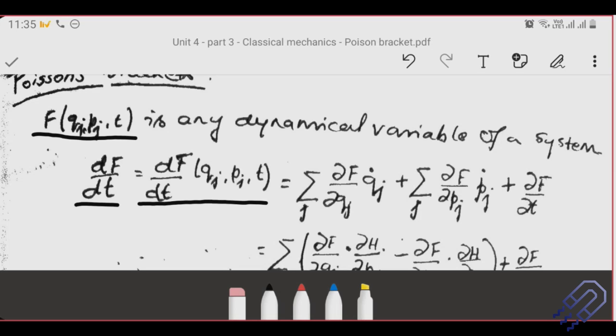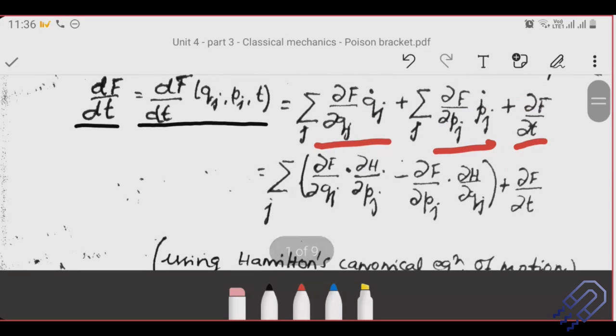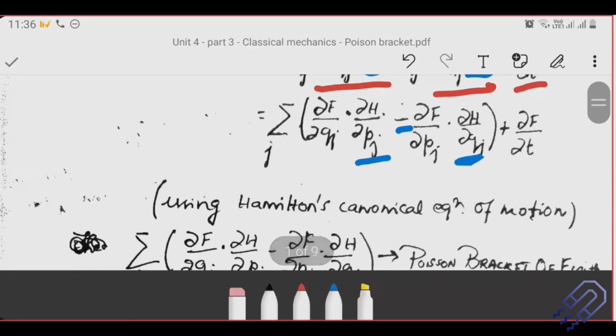Okay. So when we actually differentiate it with respect to time, we do have the three components there. Okay. Del f del qj, qj dot, del f del pj, pj dot, and del f del t, right? So this is something which we have already seen. And then I told you that we can actually use the Hamiltonian for the replacement. So qj dot can be written as del h del pj, and pj dot can be written as minus del h del qj, right? So once we do that replacement, we have this bracketed term